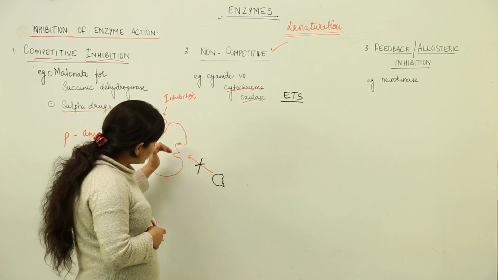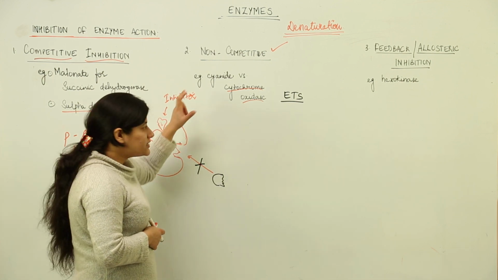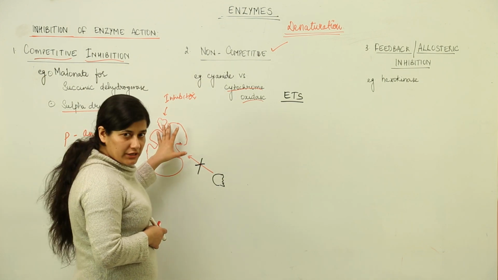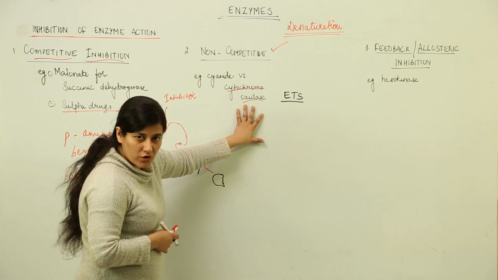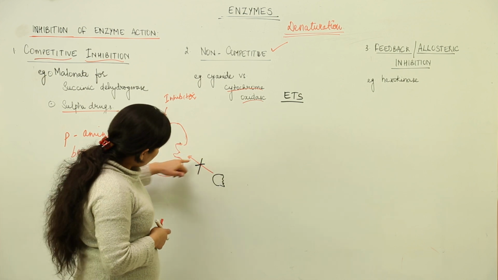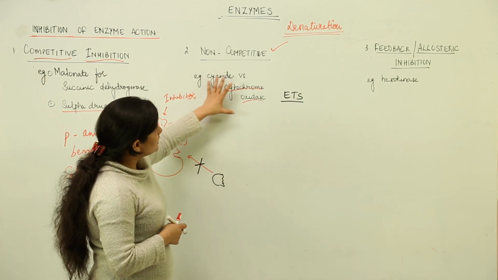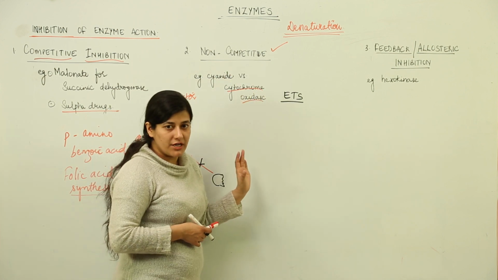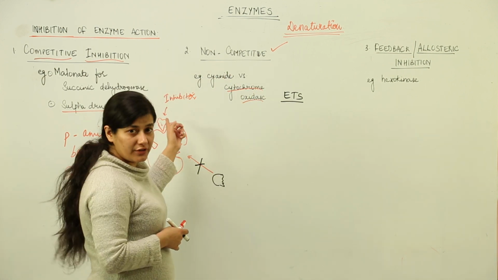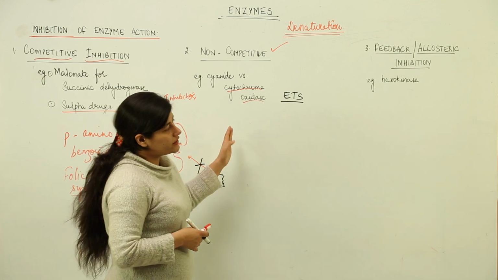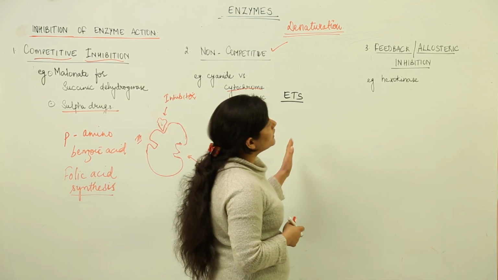It does not even need to resemble the active site. It has a lot of affinity for the particular enzyme, that is cytochrome oxidase, and it goes and inhibits its activity. So basically the poisoning takes place by non-competitive inhibition. So there are two types of inhibitions, one is competitive, the other is non-competitive. And what about